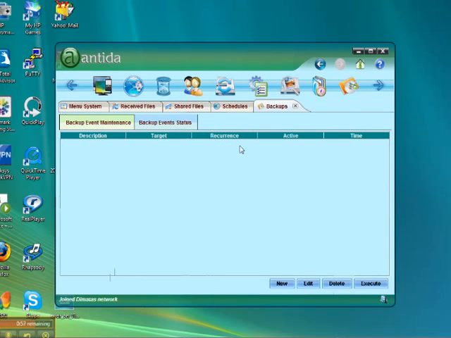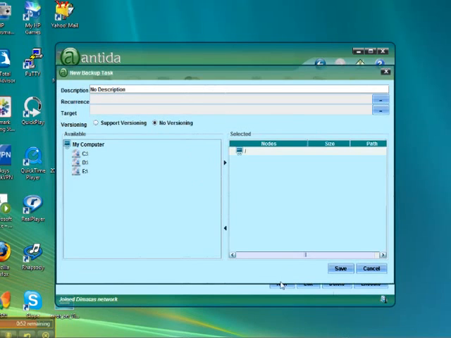Antida also has a great feature called backup. In this backup, we can create a backup of the data from any source and we can schedule the backup. The advantage of the backup is that it actually recognizes the drive where it was supposed to be backed up. So if we are going to use a USB and we have scheduled a backup of certain X number of files on that USB,